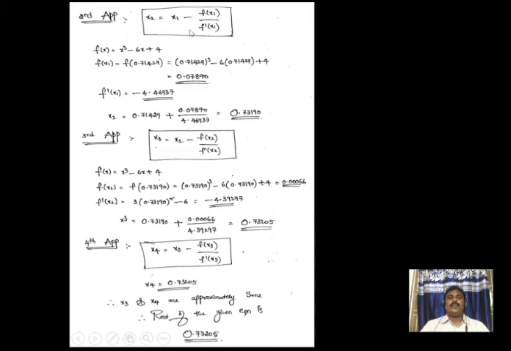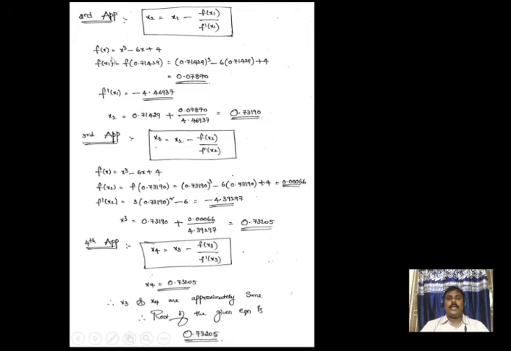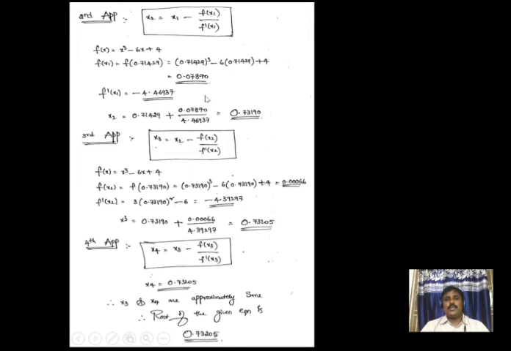Now I will go for the second approximation. x2 equal to x1 minus f of x1 by f dash of x1. Here also I need the f of x1 value. The next value is based on the previous value, so only if the previous value is correct do we get the correct next value. That point we have to remember. I already know the x1 value. On substituting x1 in f of x1 and f dash of x1 in the formula, I have x2 equal to 0.73190. So I have x1 equal to 0.71429 and x2 as 0.7319. These two are not approximately the same.